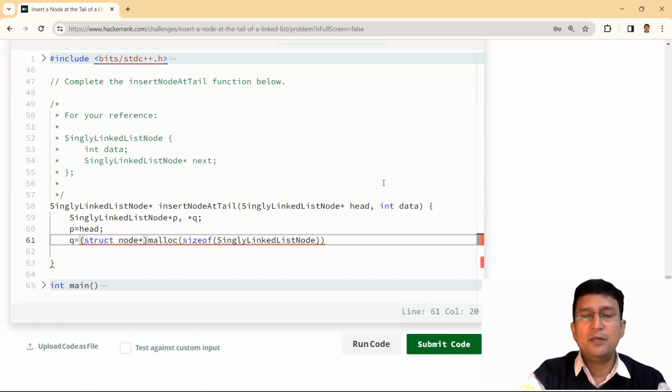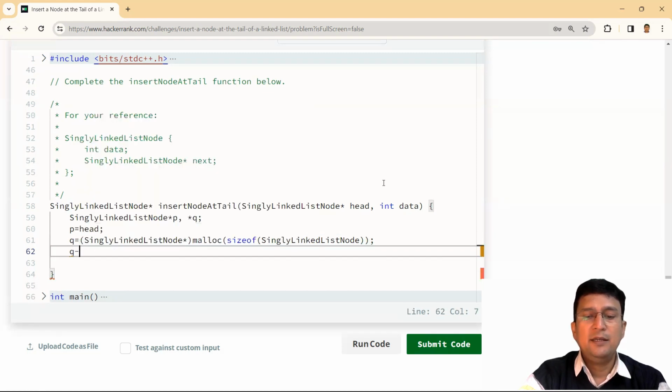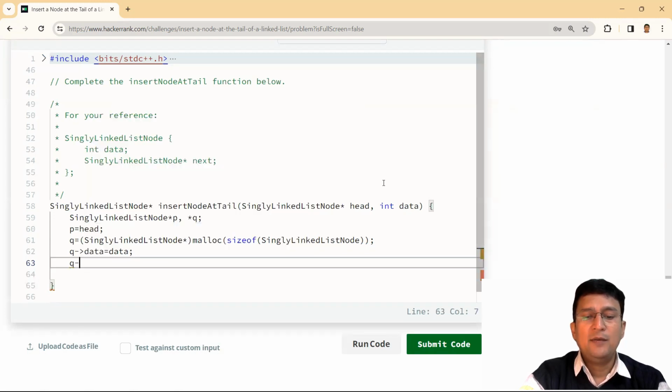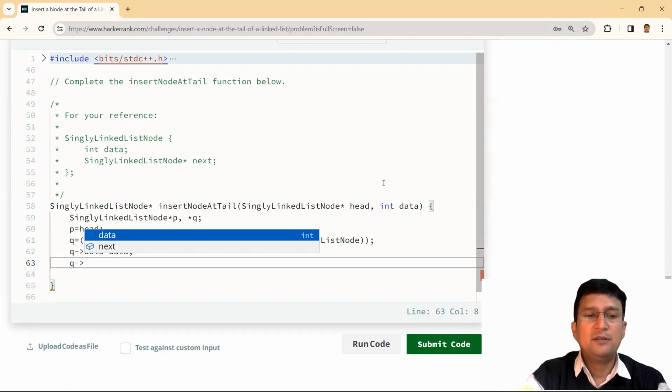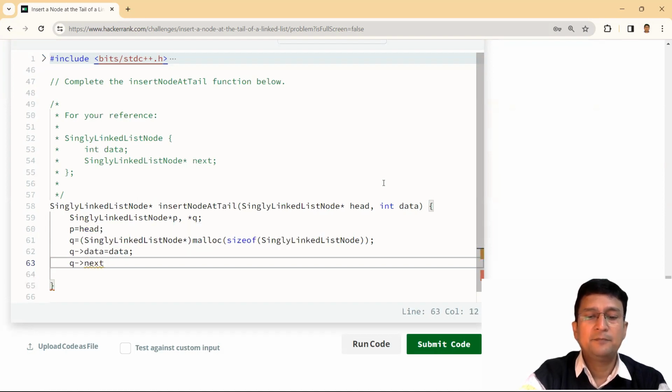But I want specifically the given node pointer to point at this location. Hence, I will typecast this. So typecasting has also been done. With the malloc, the memory has got created, and then I will set the data of this node as the data given in the function parameter. I will set the next field of this node as null,